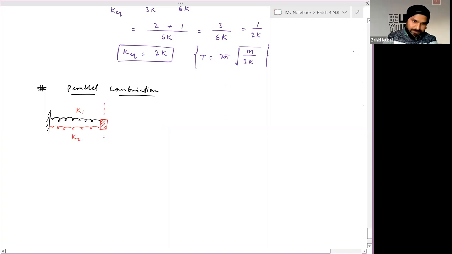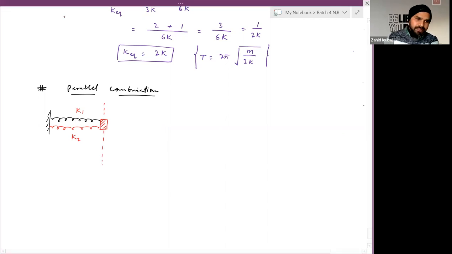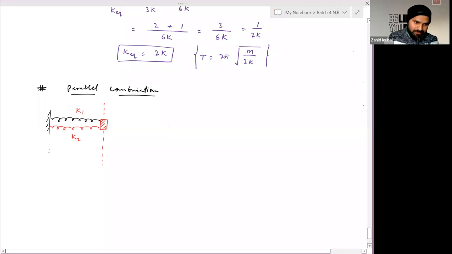Mean position is this. Now, if you stretch or compress this particular system,